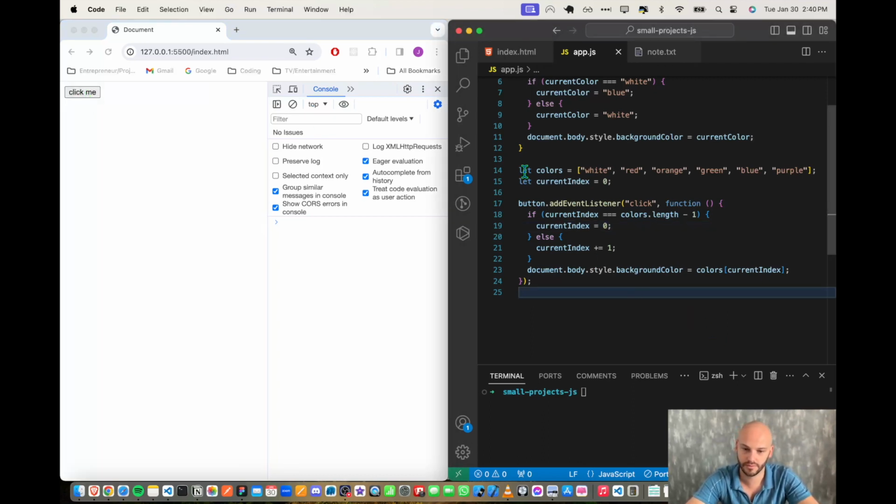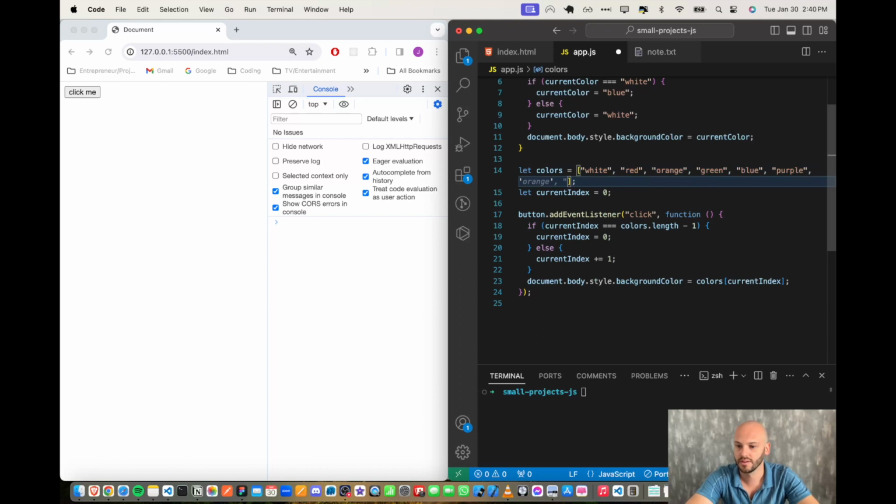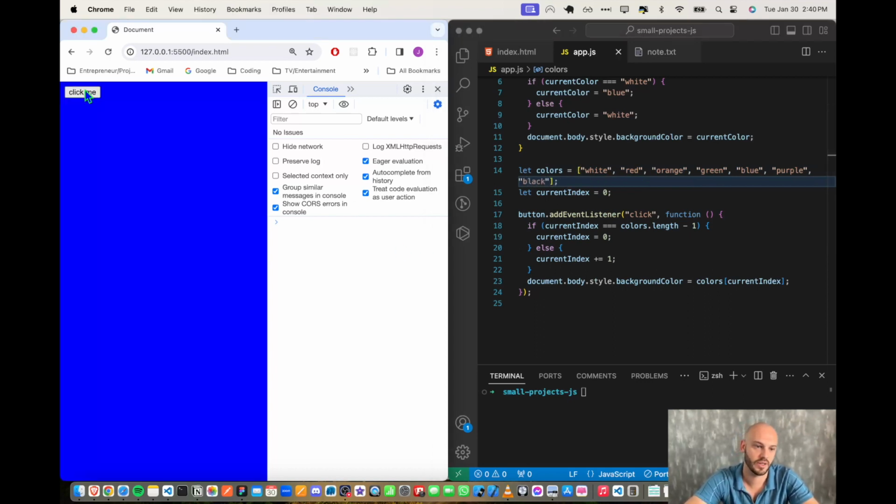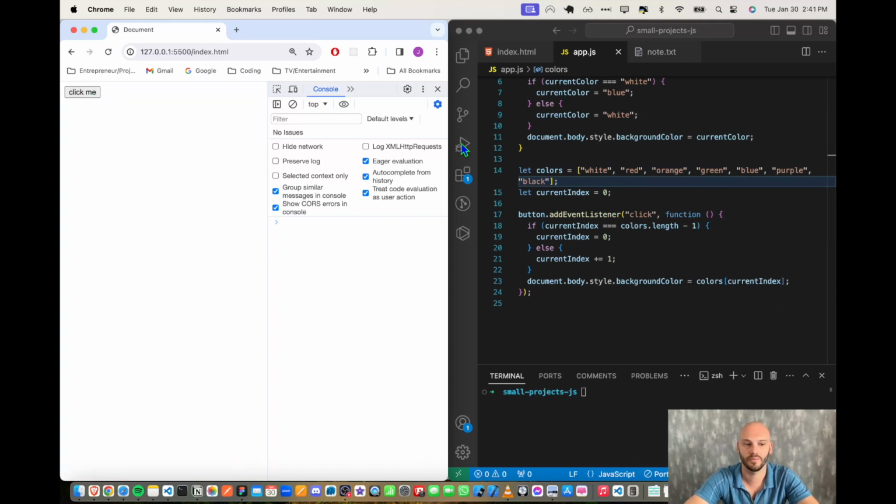So look how few lines we accomplished that in. Now we can have as many colors in our array as we want, and we won't have to constantly add more if-else clauses. All you have to do if you want to add more colors is just pop something else in the array. So now I want black in here, let's say. Okay, well now when we get to purple, there'll be a black and then back to white. So it's really nice